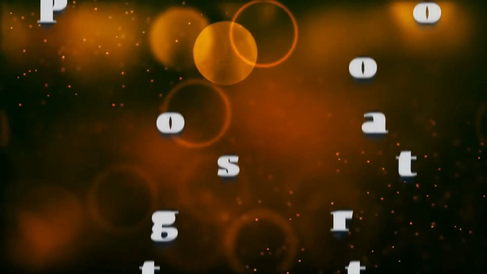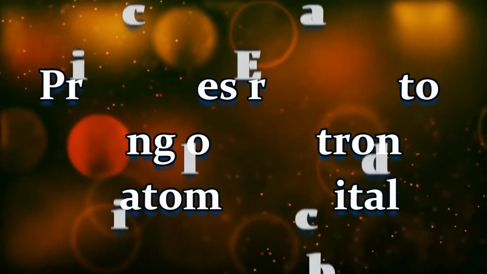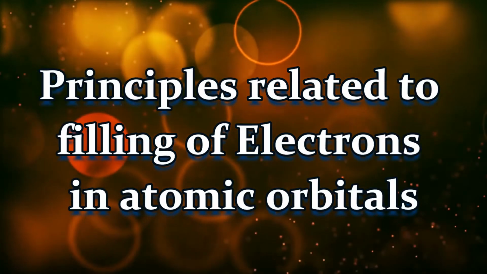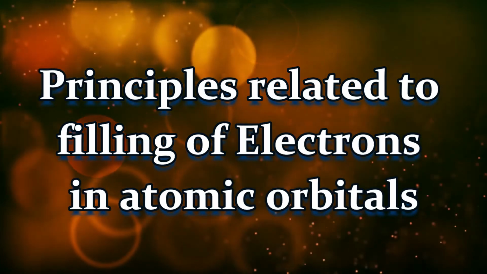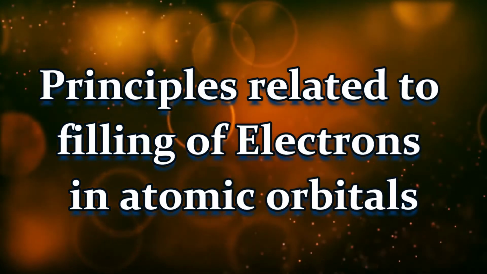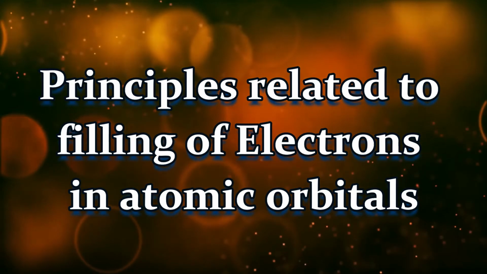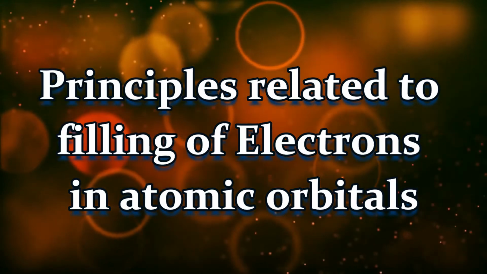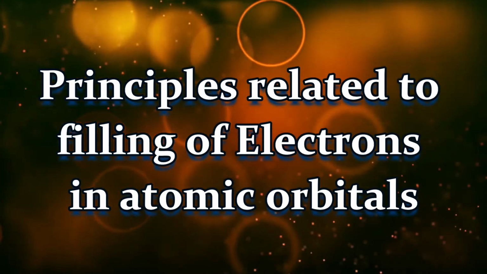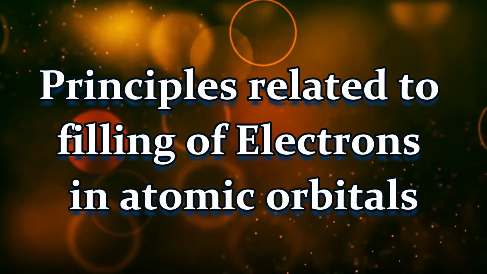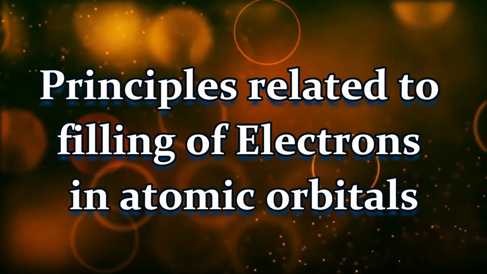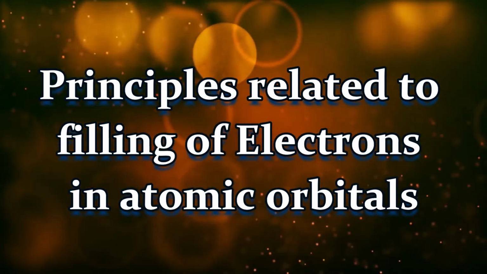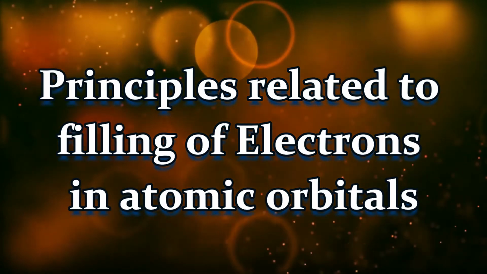So in this lecture we are going to see the details about the Aufbau principle, the Pauli exclusion principle, and Hund's rule of maximum multiplicity. These three principles are basically directive towards the distribution of electrons inside an atom, that is, how the electrons are being filled in the atom one by one, which is briefly explained using these particular theories and principles, right?